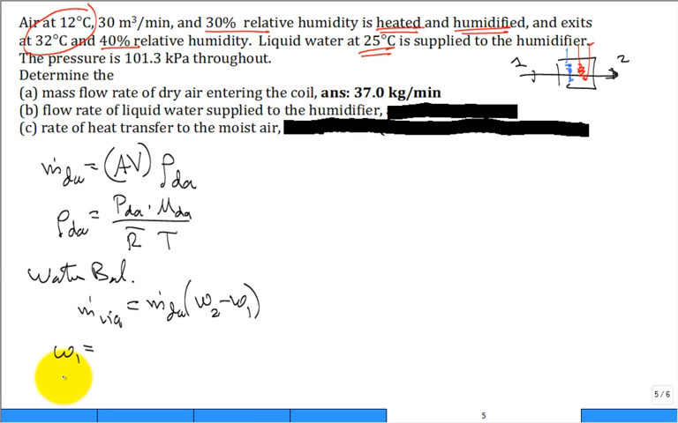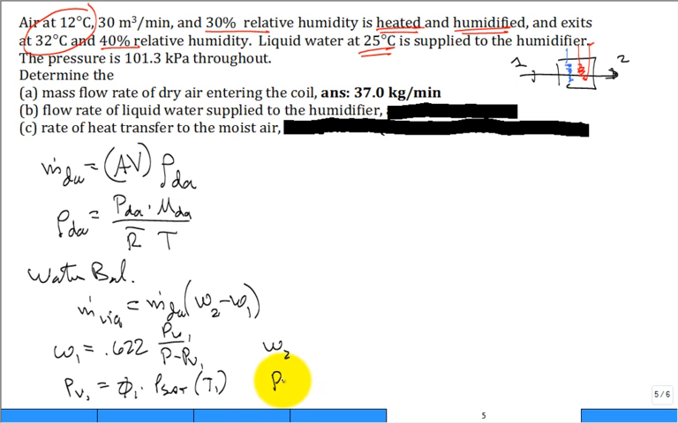Yeah, we've done that a number of times, haven't we? So omega is 0.622 PV over P minus PV. What is PV1? PV1 is equal to phi 1 times P sat at T1. And the same type of equations give omega 2 using PV2. So it's like done, done, done. And that's how you calculate